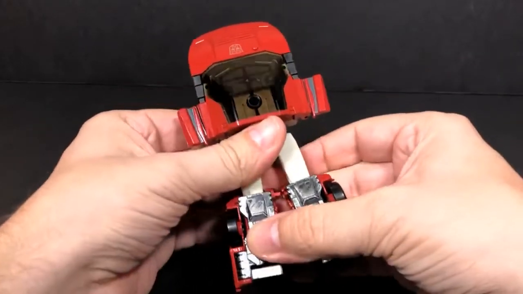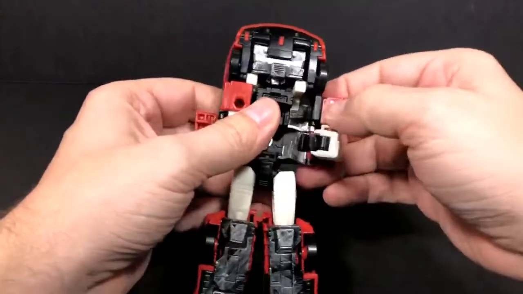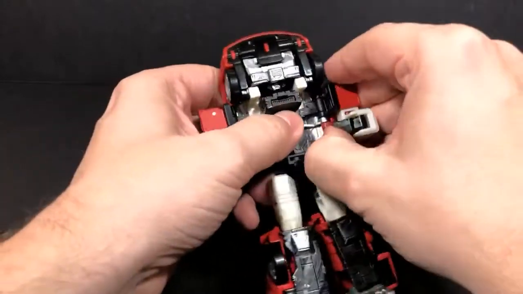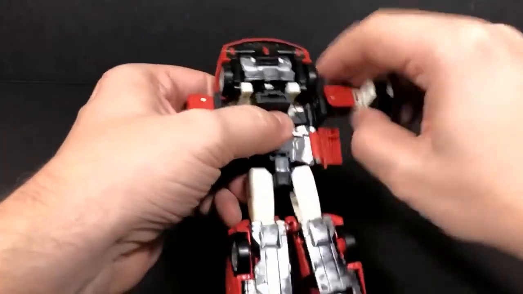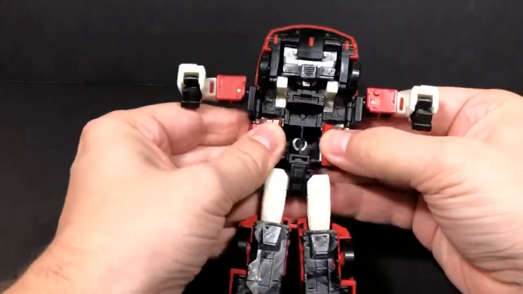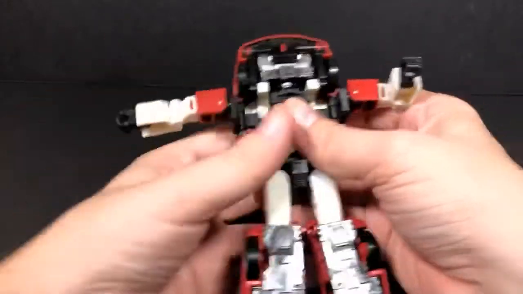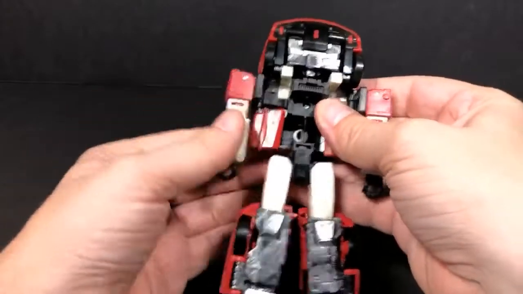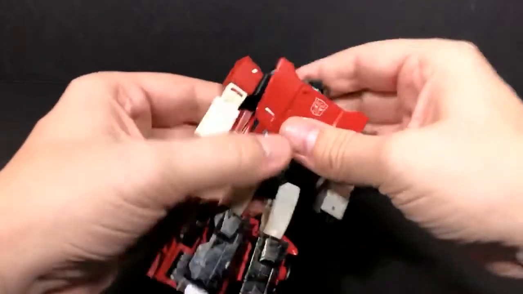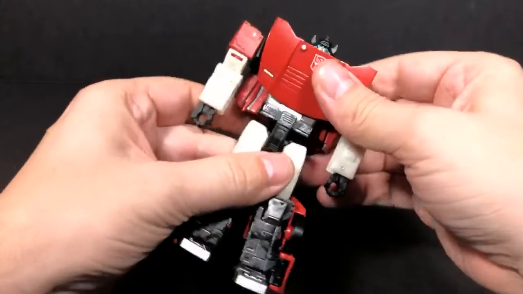pull those apart, okay, rotate that around. All right, and then we want to bring the arms out. Then you've got to flip this out like this to get the arms out of the way so that you can push these panels back in. Flip this out, rotate down, flip out this panel, the chest piece, bring this around, that tabs into place. Nothing really tabs in with his shoulders,